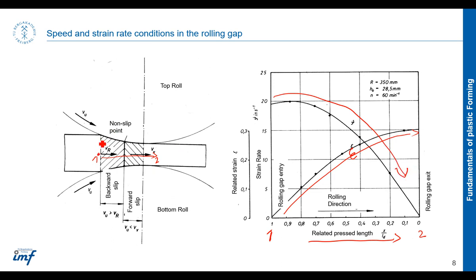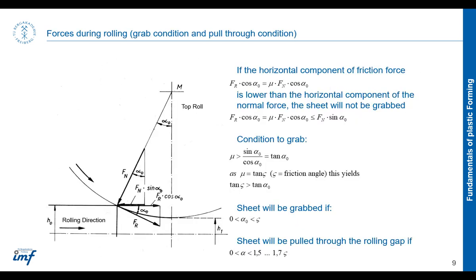We see this here. So here the strain rate would be much higher and slowly it will reduce. And this is generally the overall behavior, that now you see that there is a backward slip and there is a forward slip. And if I come to this point of calculating the forces, we see that at this point